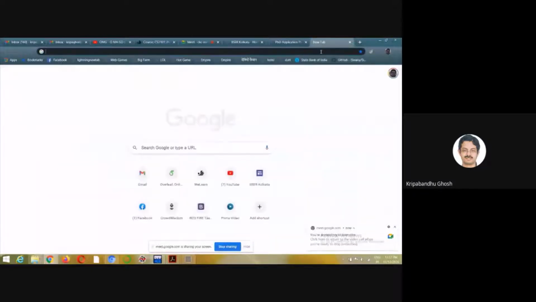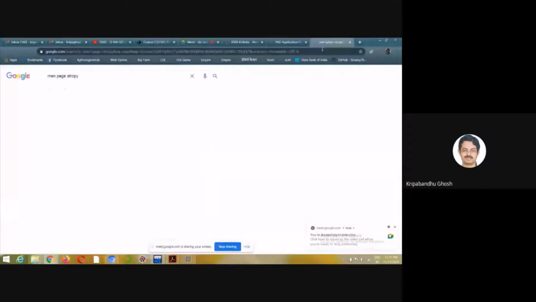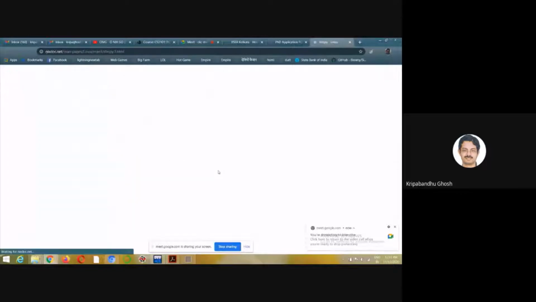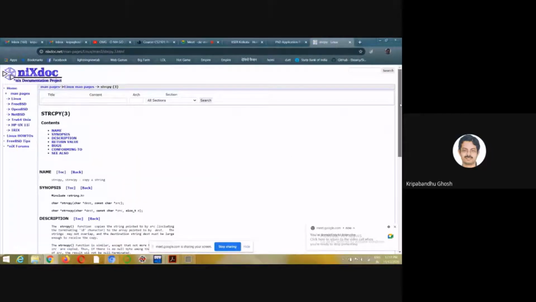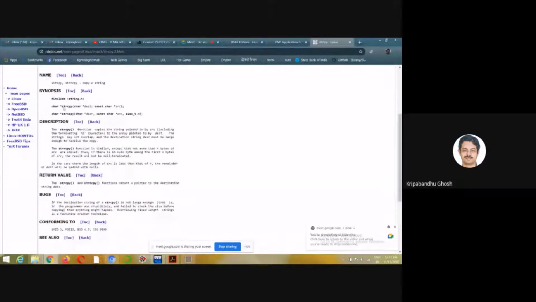If we look at the manual page of strcpy provided by Linux, this is the strcpy which we use. If you look at this strcpy, you see that this is the definition of strcpy in string.h, a function we borrow from the kernel.